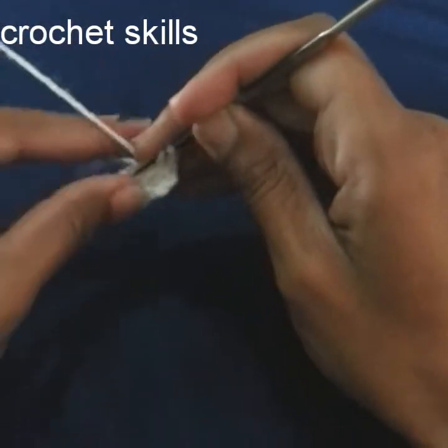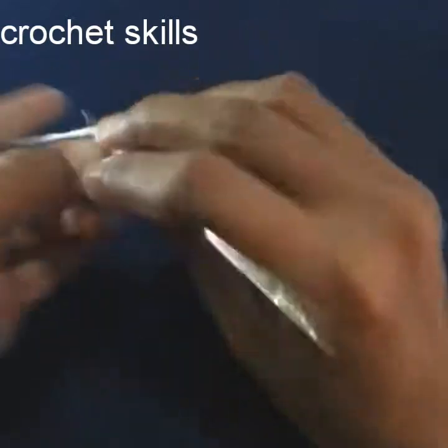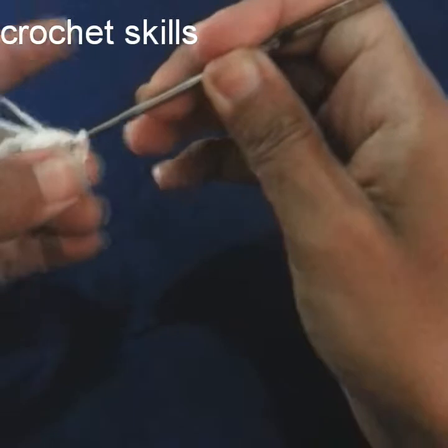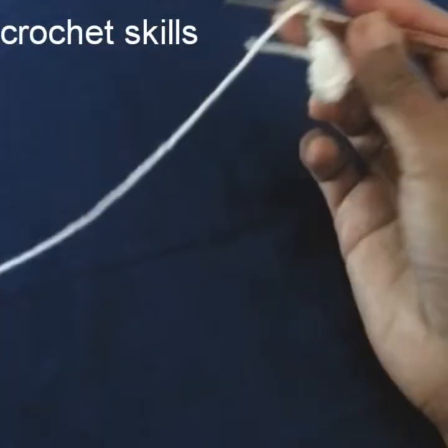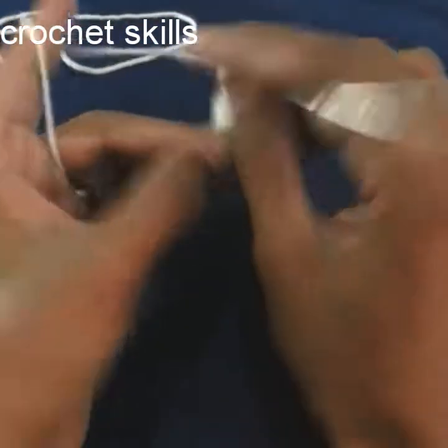This is how we will make a puff stitch: yarn over, go into the ring, pull up a loop, yarn over, go into the ring, pull up a loop, yarn over, go into the ring, pull up a loop, pull it through all the loops together, chain 2. This is a puff stitch, so we will be making 8 puff stitches, so we will get 8 petals of the